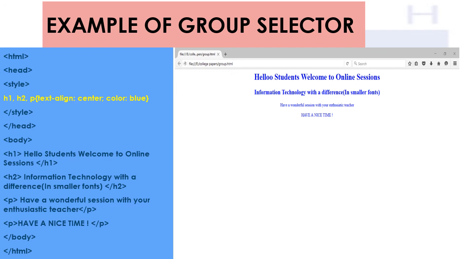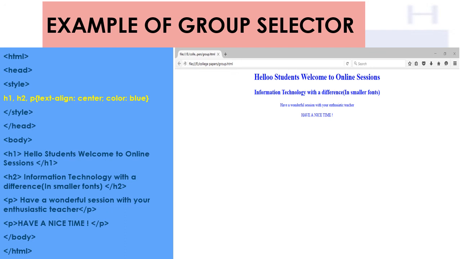And then the last one, two paragraph tags have been used. You can see only one paragraph tag here, but you can use the P tag, H1 tag or H2 tag any number of times. But the property and value defined in the CSS file will be applied to your body tags, right?